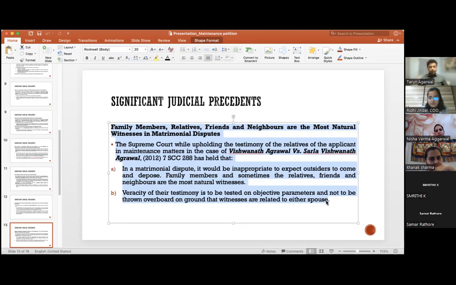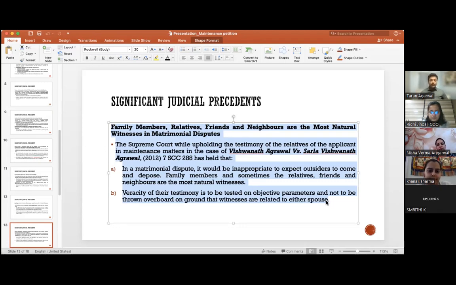So for example, your neighbors can come to the court and state on affidavit that so and so person is our neighbor, he is the only earning member in the family and he is supporting his